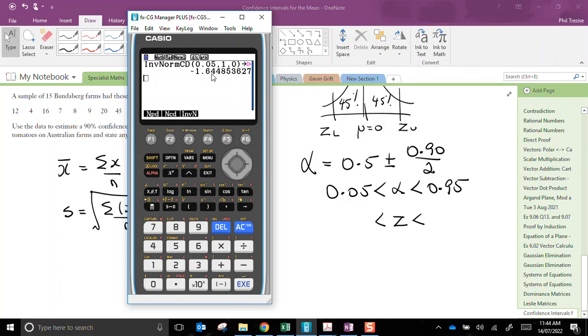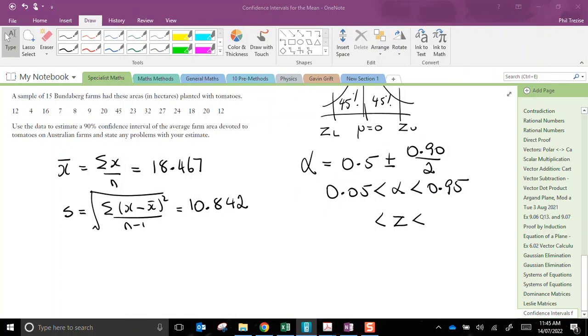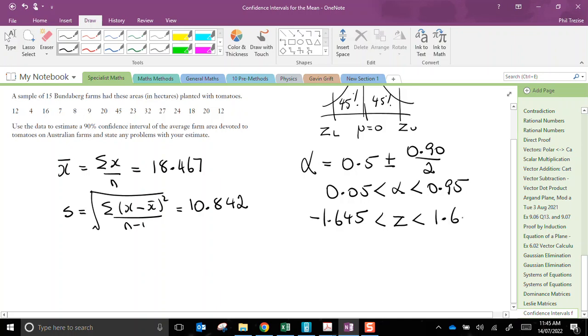It's negative 1.645. Now, of course, because of symmetry, the upper Z score will be positive 1.645. So far, so good. We're nearly at the point of getting our confidence interval. Before we do a confidence interval for the mean,